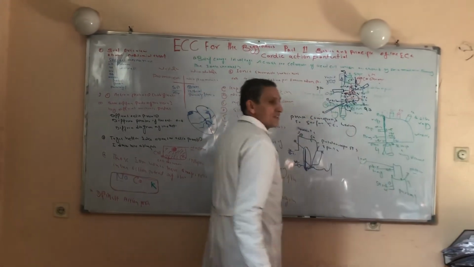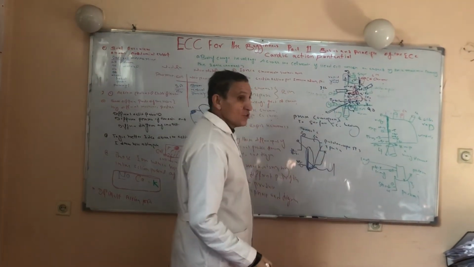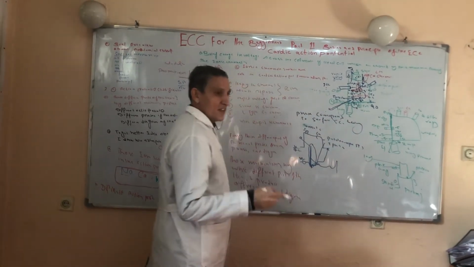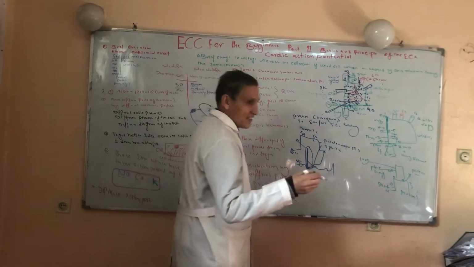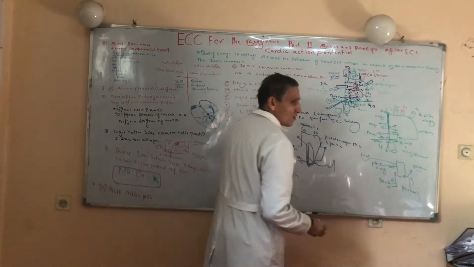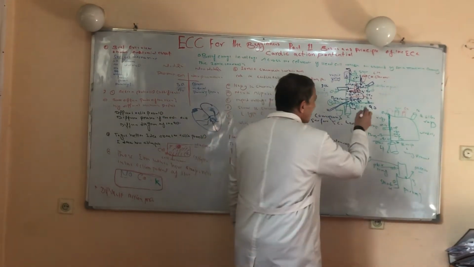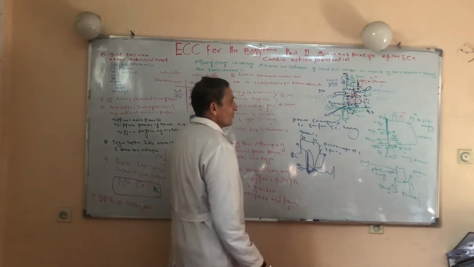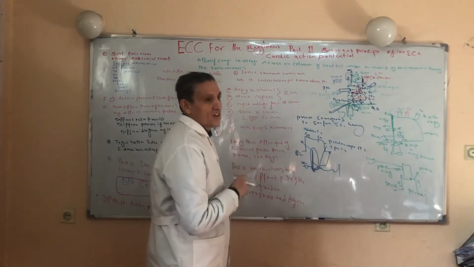So what is repolarization? Repolarization is a process during which the cell is losing positive electrical charge, I mean potassium, and the cell is going back from the 0 phase to a resting membrane potential of minus 90 millivolts. So ventricular cells or pacemaker cells have 4 phases of the action potential.